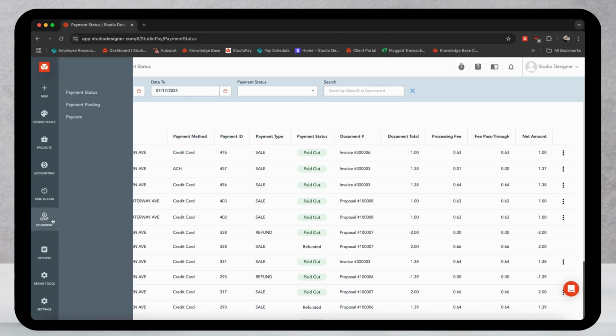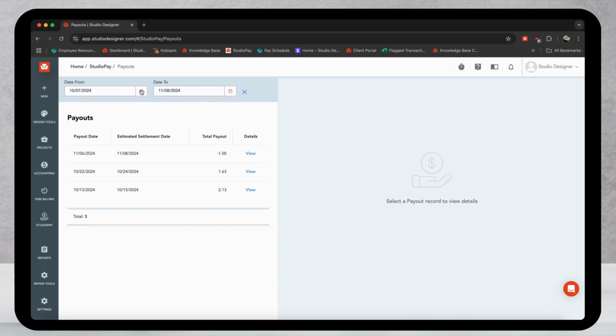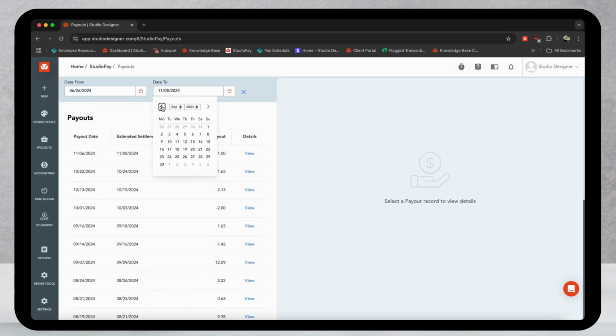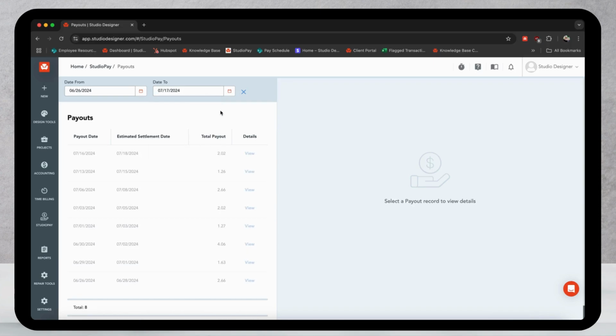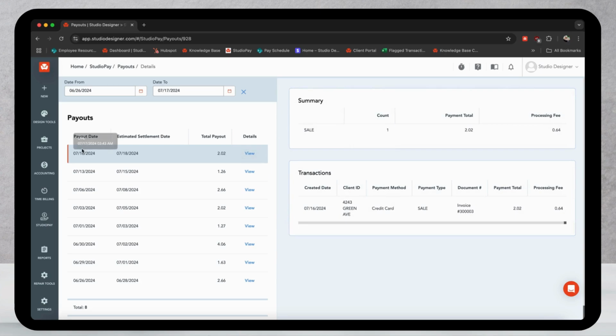So to view that, you would click on the StudioPay icon in the left-hand navigation bar and click Payouts. We'll select the same date range as before. And that will provide a list of payouts during that time frame. So if I were to click on the details view of that payout, you would see first the payout date here, which is July 16th, and then the estimated settlement date, which is the date that that payout would reflect